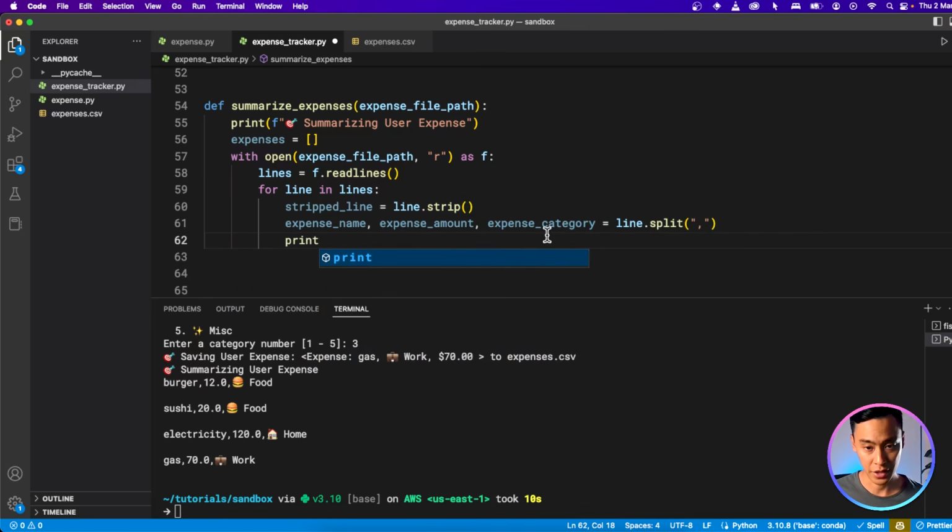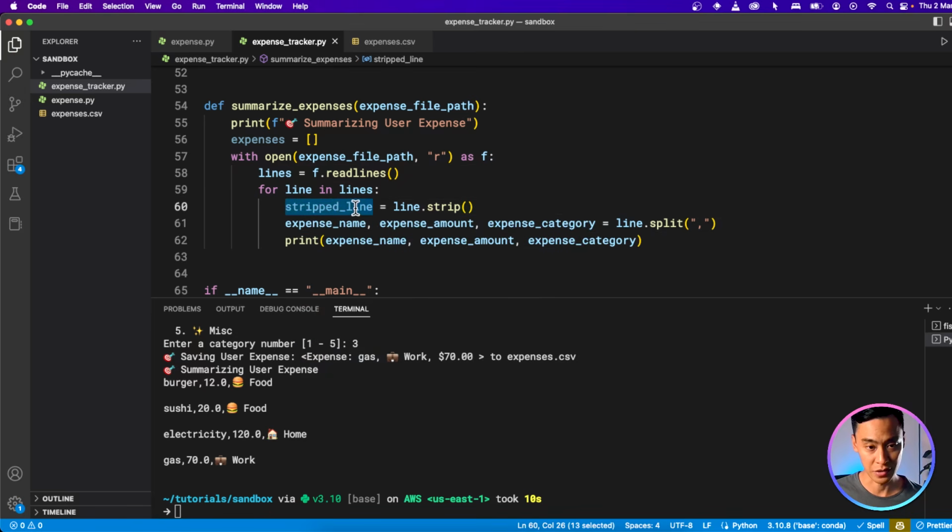And just as a sanity check, let's actually print all these out. Oh, and I should be using the stripped line instead of the line, because remember, this returns a new line. It doesn't actually modify this one. So I have to do this, otherwise I'll just be calling split on the original line, and then I'll get that new line character that I don't want. But also, instead of doing this in 2 lines, we could actually basically chain these functions, because this returns the stripped line. Instead of doing it on its own line here, we could do something like this. So line, strip it, and then split it.